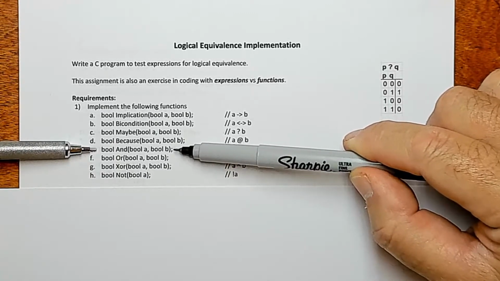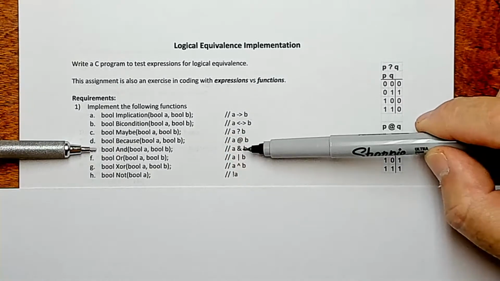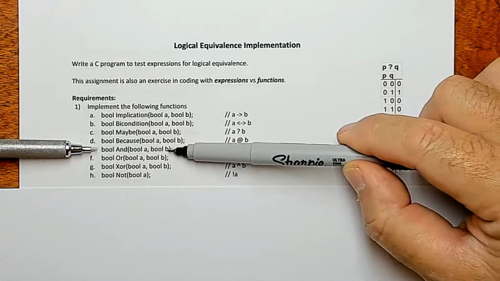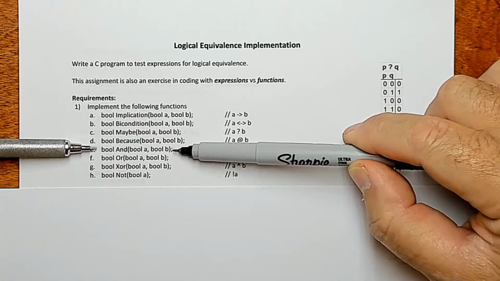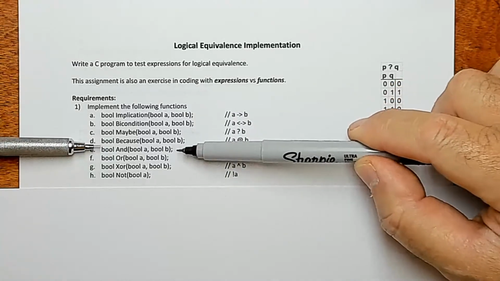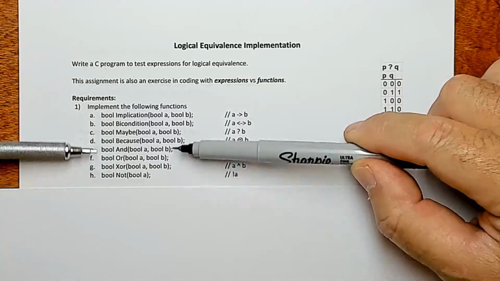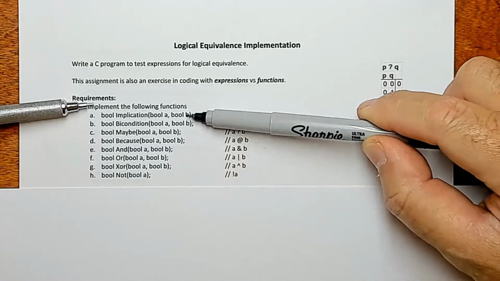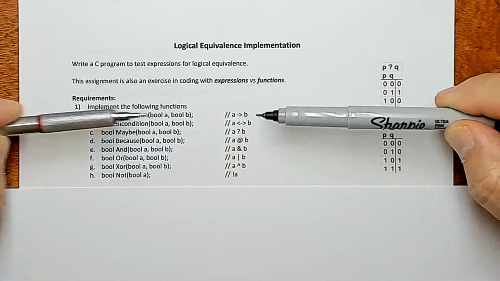And the easiest way to do that would be to use ampersand, ampersand for and. But there's other ways. You could use a lookup table. There's different ways. All right, so these four are supported by the language, but still I want you to write these functions. Now these top four are not supported by the language. So